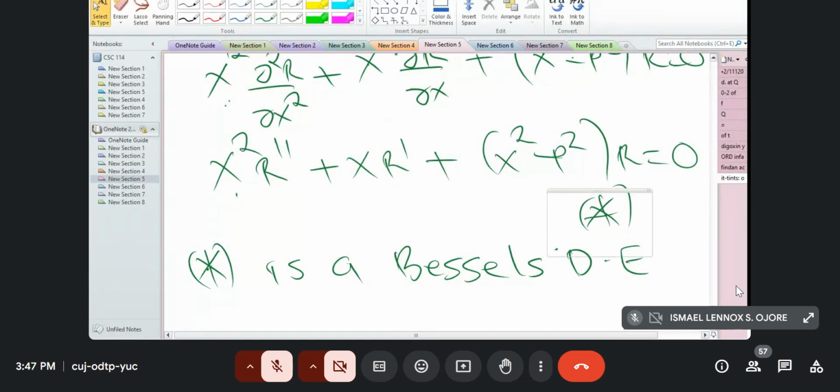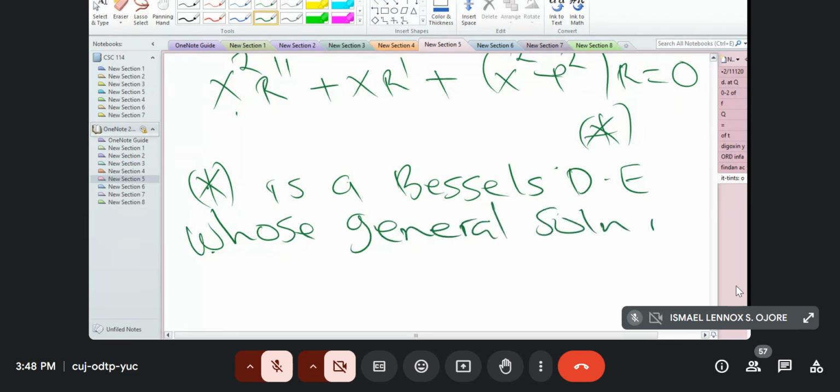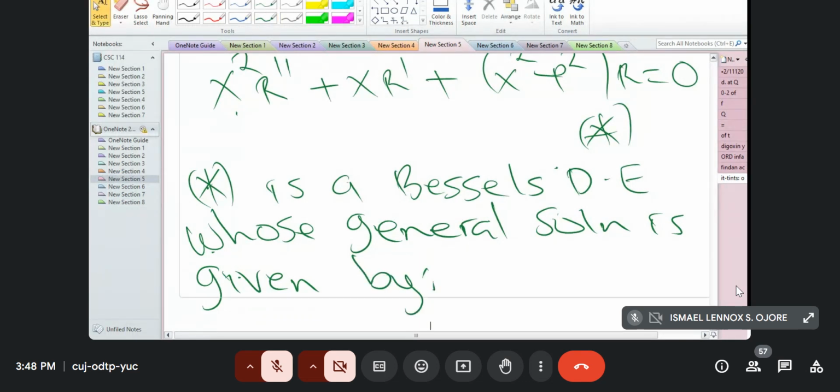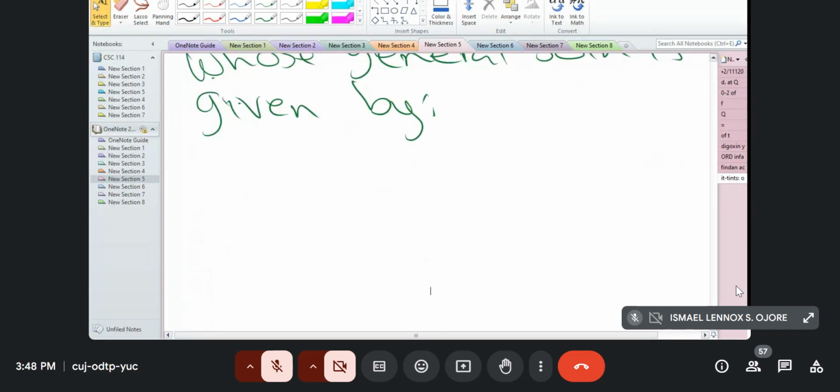The initials DE stand for differential equation, whose general solution is given by... I hope I'm not too fast. Can I proceed? Yes. So Bessel's DE, whose general solution is given by